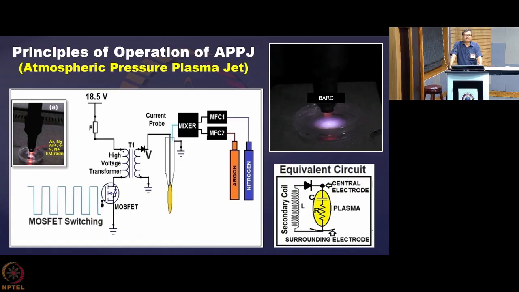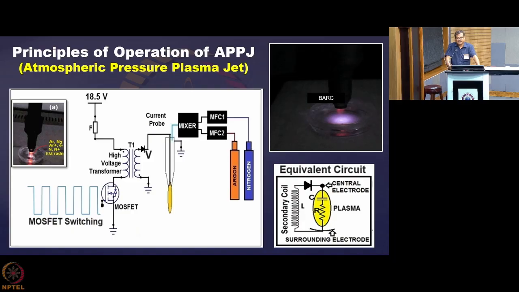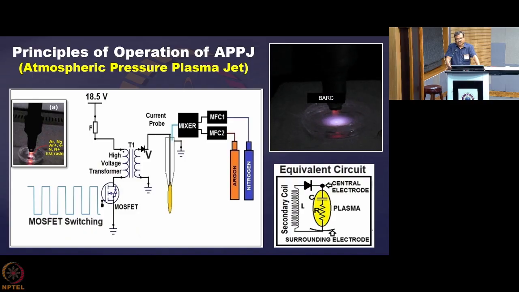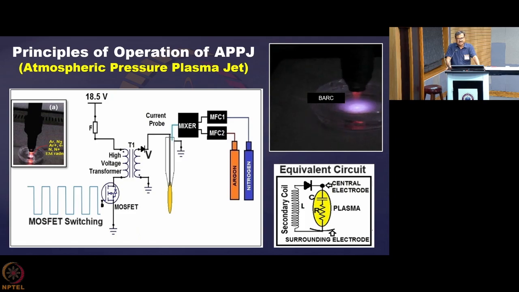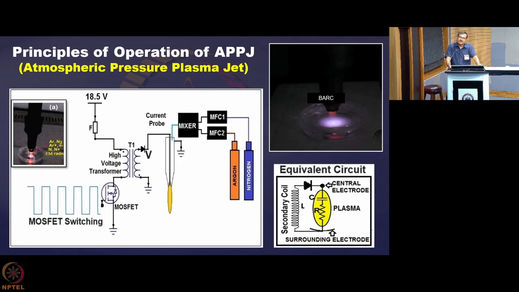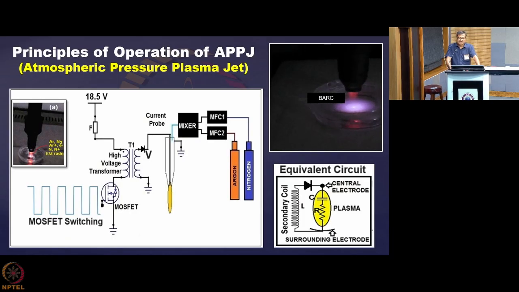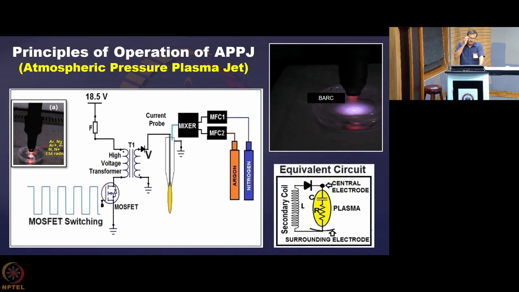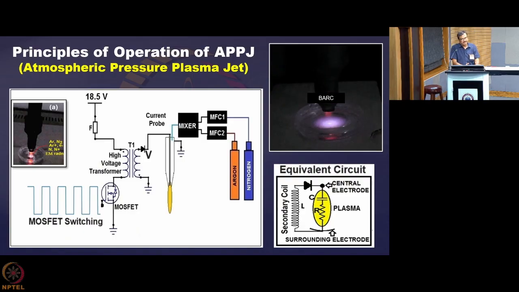And there are many other applications where this type of plasma jets are being used. We will have an elaborate tutorial session on those applications and what are the different unique potentials of these devices that are being explored at present. So, let us come to the plasma source, which is the subject of this class, how they are getting generated. And it is surprising that you are generating it in such a small device. The power supply is also tiny, and it is a very portable system.